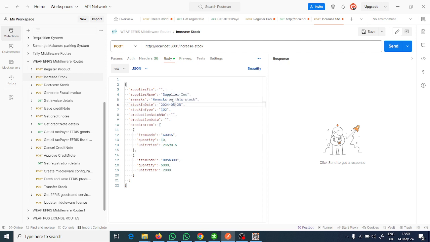Okay, this is 2024. This is May 14th. Now stocking type, for opening stock we used 104. We shall also give you a JSON file that shows you these stocking types and so on. Now when I send this,